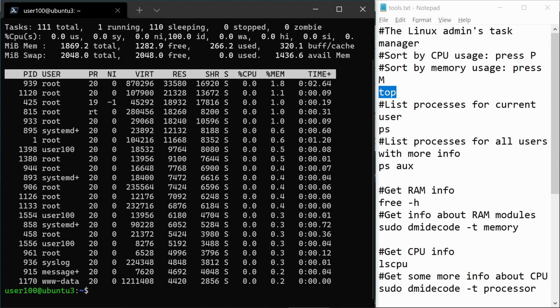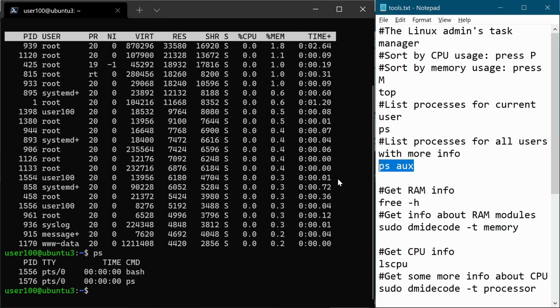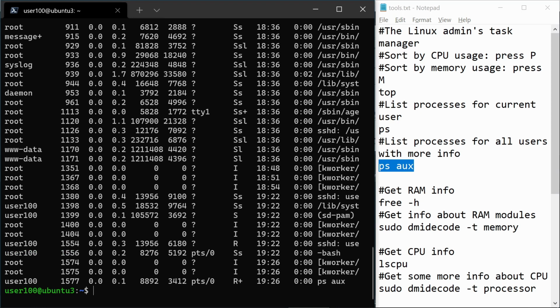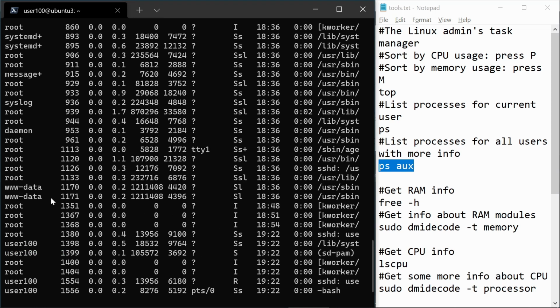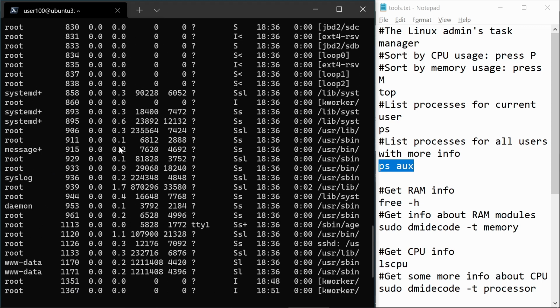Sticking to the process subject, I'll also show you the ps command. If you just run ps like this, it will show you the processes for the current user, in our case for user 100. You can also use ps aux to show you the processes for all users and also some more information. And you see here we have also the root user, user 100 and other users with their processes and different